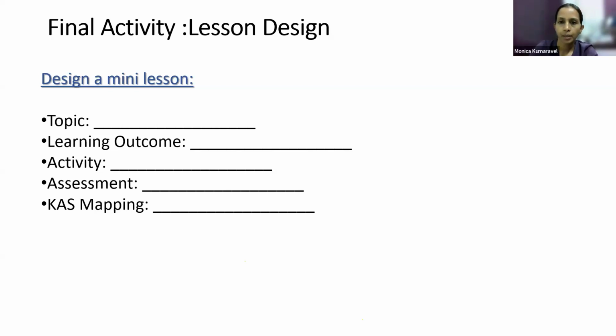Okay. Then KS mapping is knowledge as defined tissue and its types with functions. Attitude is showing curiosity about the living organism. Appreciate the complexity of body organization. So this is only the attitude. Okay. So you cannot write showing curiosity about the living organism. Appreciate the complexity is matching there.